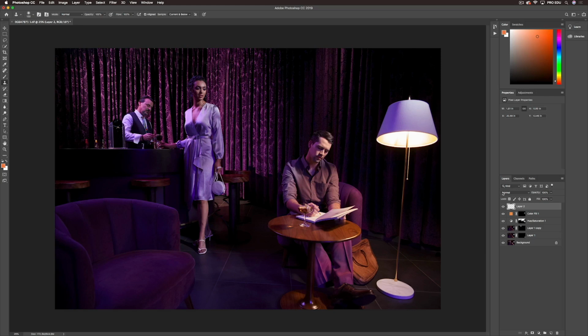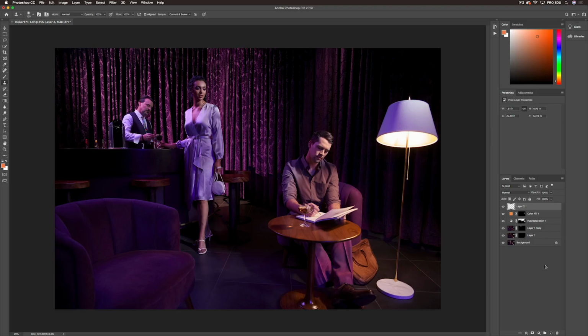Let's play around with the saturation of their outfits, because I know I mentioned when we were talking about the shoot and talking about the styling, we wanted his outfit to be a little bit more desaturated and her outfit to be more saturated. So we can play around with that here. Again, I'm going to use a hue saturation layer, drag down our saturation,